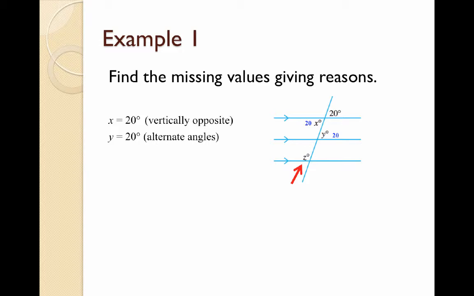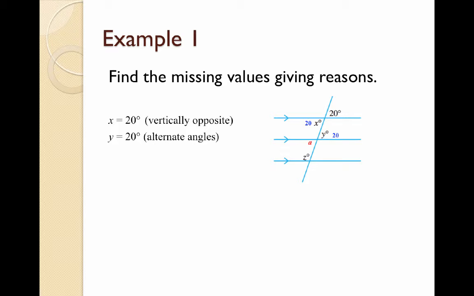Now, the z angle isn't alternate, it isn't corresponding, it isn't vertically opposite, it isn't any of the reasons that I know so far, so I might have to add something into my diagram, which you're perfectly able to do. What I'm going to do is add the angle A there on my diagram. Because if I can work out what A is, then I can work out what z is using the